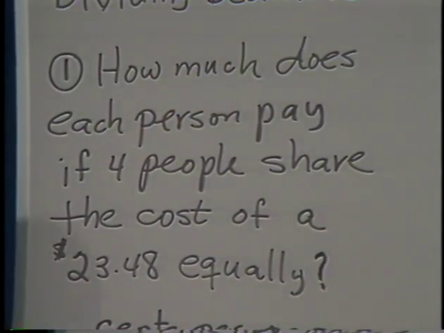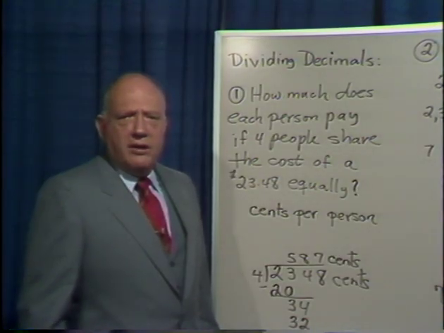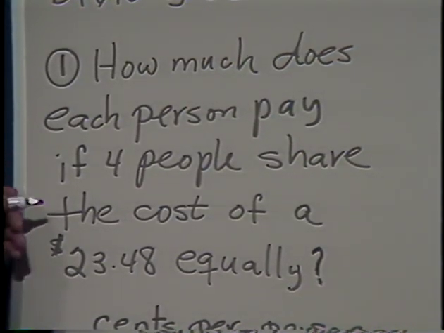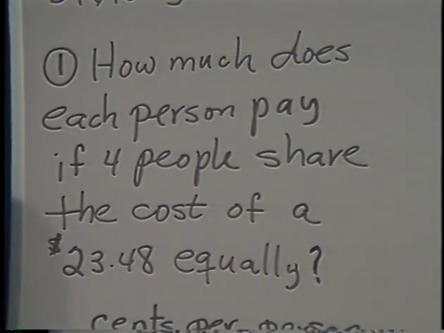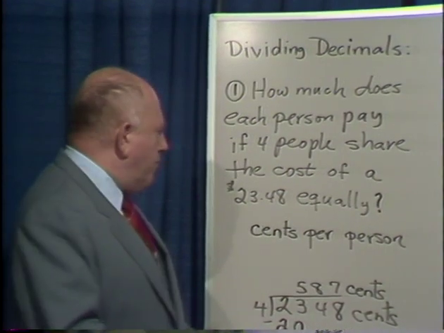I call today's discussion Dividing Decimals, and I begin with a problem which I think all of us know how to do, but I just want to illustrate a point. The first problem says, how much does each person pay if 4 people share the cost of a $23.48 gift equally? Well, basically, if you haven't learned decimals yet, you probably would think of